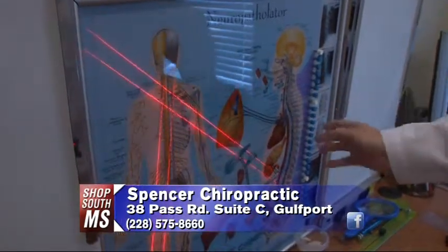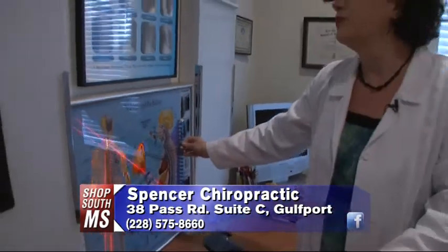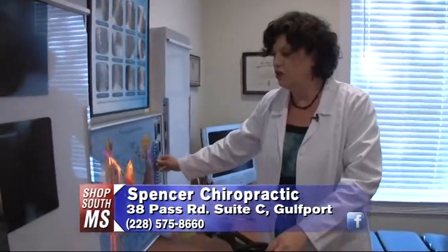other treatments. Now let me tell you a true story about this. We actually had a patient who was scheduled to have neck surgery because he had numbness and tingling down his arms and hands. And he went in to have his pre-op, and his heart was too weak for him to have his neck surgery. And instead of having his surgery, he ended up in a chiropractic office to treat this problem. It turned out he didn't even need the neck surgery. We were able to relieve him of all of his symptoms, and he was so glad that he didn't have